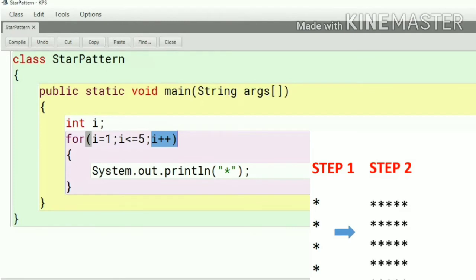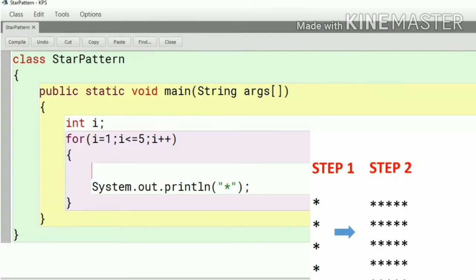Now let's go to the step 2 pattern. In the step 2 pattern we have a row and column combination. It has 5 rows and 5 columns. In all the columns it has 5 stars. So we have to give the combination of row and column.